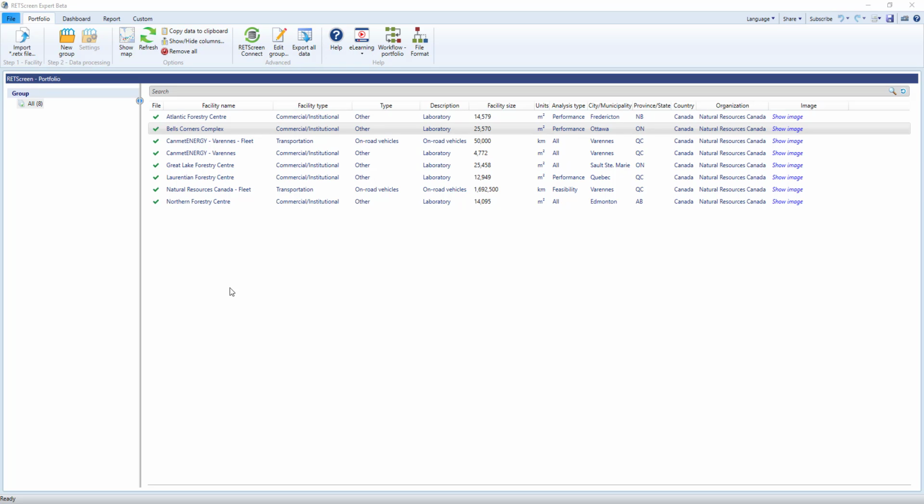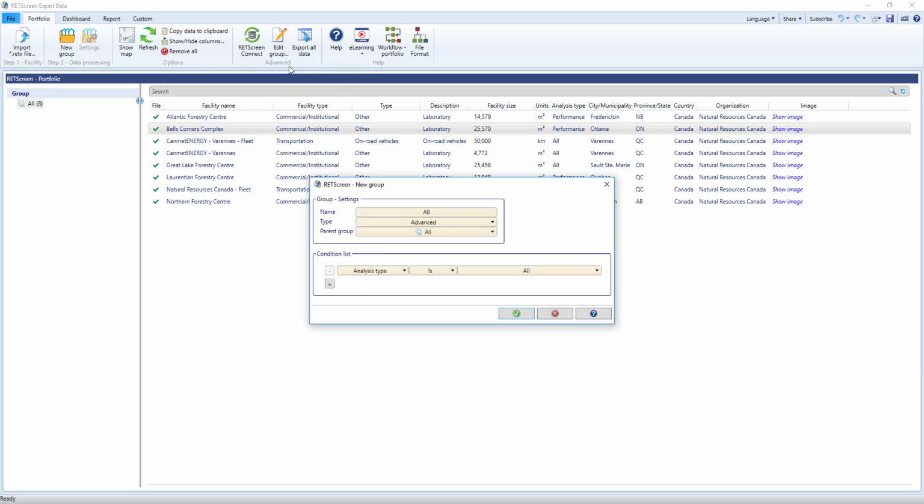In this video, we'll see how we can organize information in the RetScreen portfolio. I have here the initial import of all information. Now to create a subgroup on it, I click on the button New Group, and in the condition list, I'll